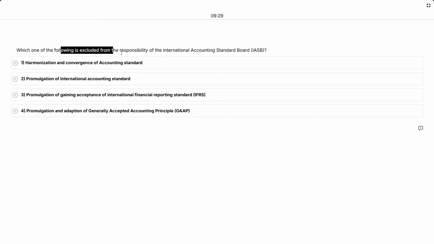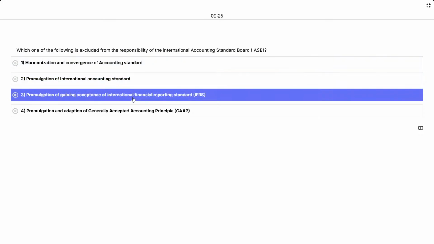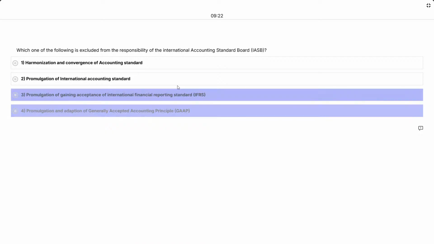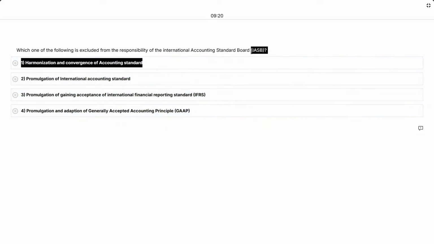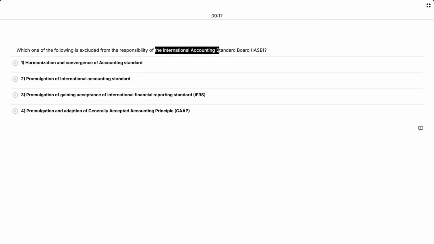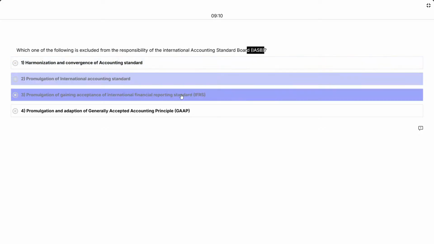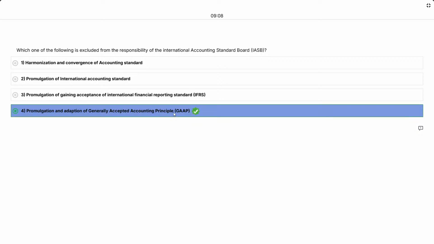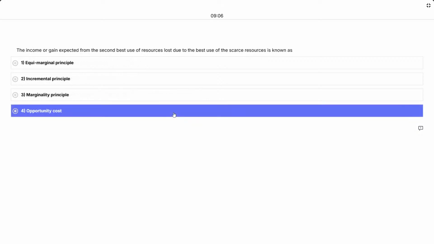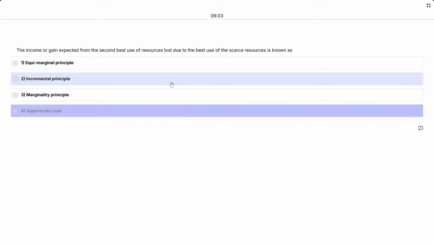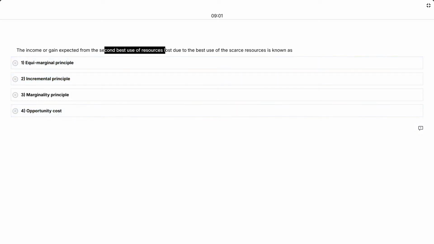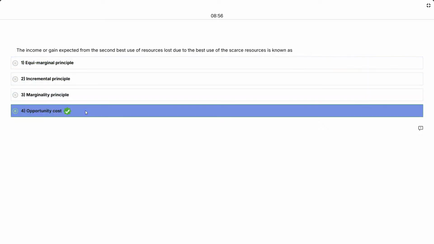Which one of the following is excluded from the responsibility rule? IASB याद है हमें, IASB is इंटरनेशनल अकाउंटिंग स्टैंडर्ड्स बोर्ड. सो ये मोस्टली रिलेटेड है टू IFRS. अकाउंटिंग स्टैंडर्ड्स ये सब होगा, सो गैप नहीं होना चाहिए। यू सी गैप इज अमेरिका का स्टैंडर्ड बाई FASB। The income or gain expected from the second best use of resources lost due to best use of the scarce resources is known as opportunity cost, हमने पढ़ा है ये।